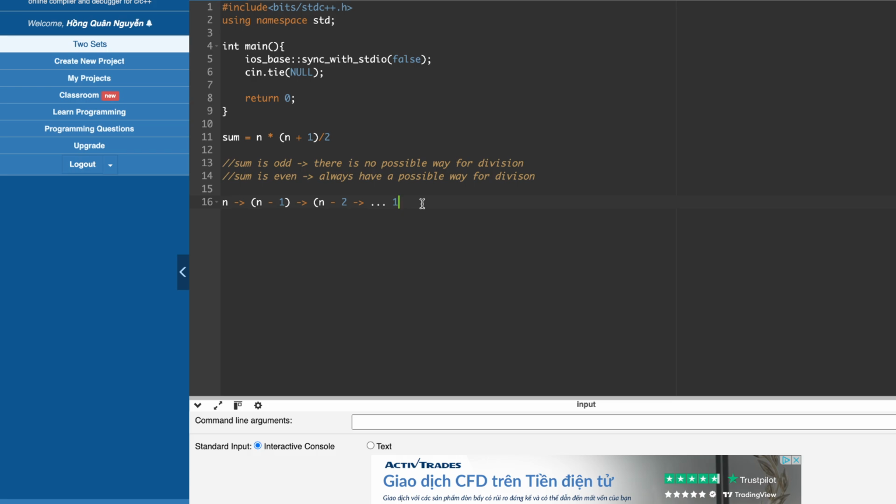The reason to take the numbers from the largest to the smallest is to maximize the sum of the first set,